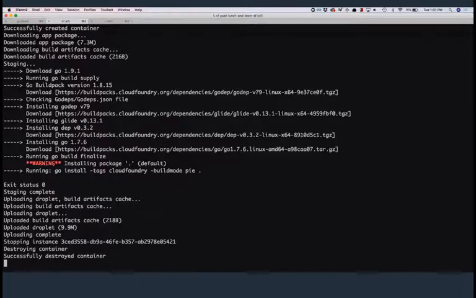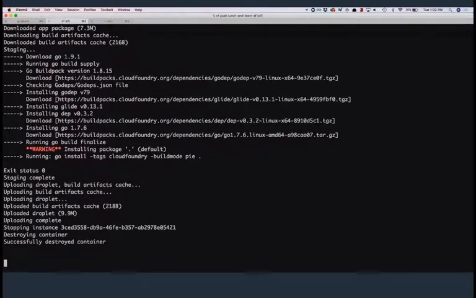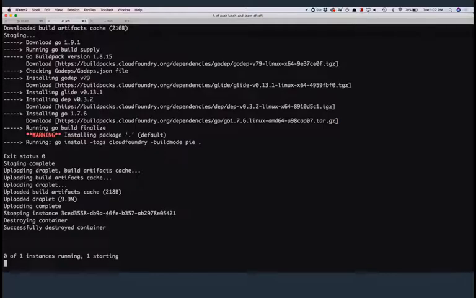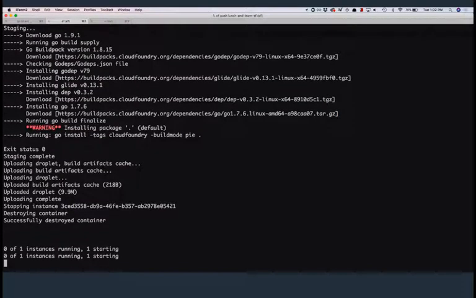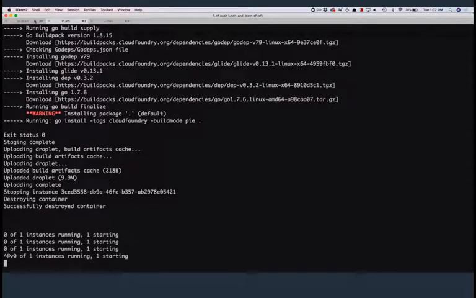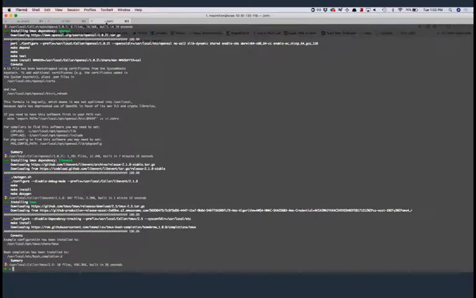Cool, so staging is done. Now it's trying to upload and run the app, and we'll see whether it actually comes back successful. All right, so you see at this point, 0 of the 1 instances that we pushed is running, and it's retrying. It says, I'm trying, it's still not running, it's starting, but it's not running. So if I look at the app now, if I look at the logs for the app,